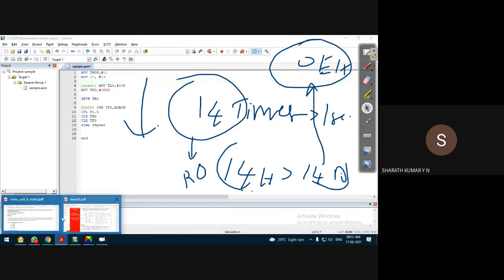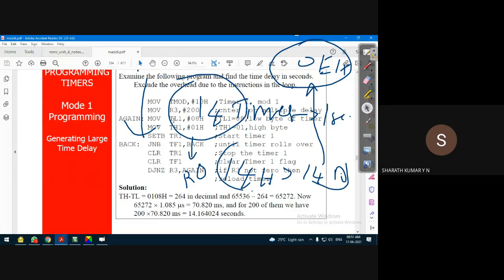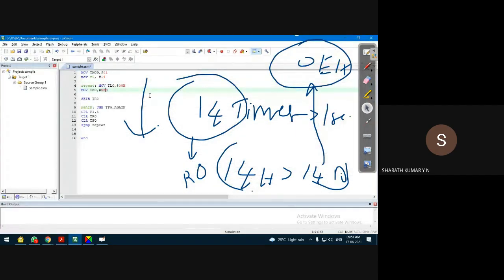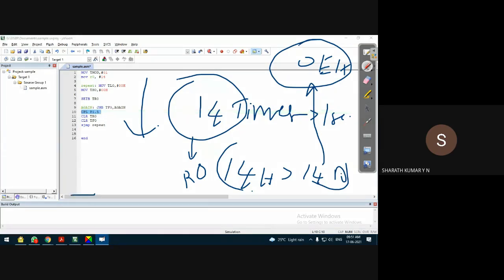Now let us write the program. What should the initial count to the timer be? It should be 0000H, then only it can generate a larger delay. So start the timer. Wait till the flag is set to 1. Now we do not complement P1.5 here, because to generate the delay, initially with an initial count of 0000H it will generate 71.1 millisecond delay.